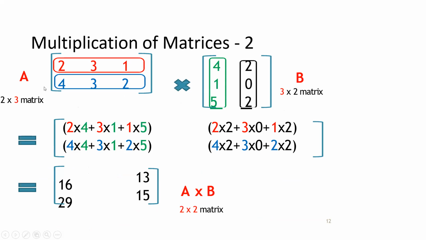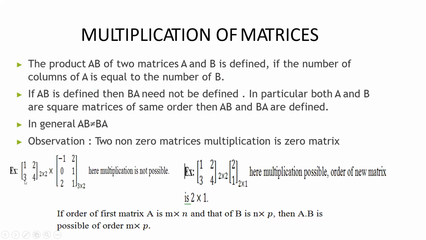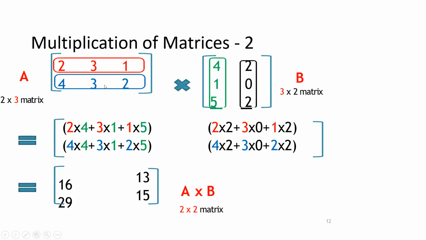You can see here we have 3 columns in this matrix and 3 rows in this one. Then only is matrix multiplication possible. Otherwise, as in the previous example, with 2 and 3, it is not possible. But here 3 and 3, if these two are equal, then it is possible. If we have 3 columns in the first matrix and 3 rows in the second matrix, then only matrix